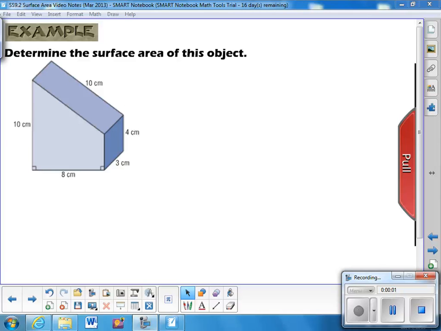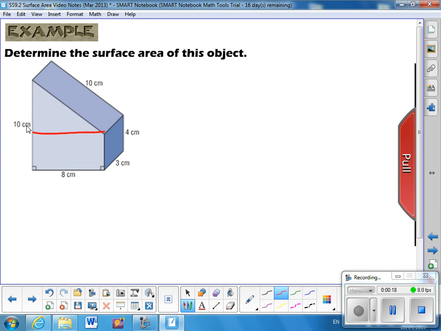We're going to work on some different shapes of composite objects today. We have a very irregular shape here, but we're going to break it into two shapes that we do know how to work with, and then we're going to do a cylinder as well. So actually, you can cut this into a rectangular prism at the bottom and a triangular prism at